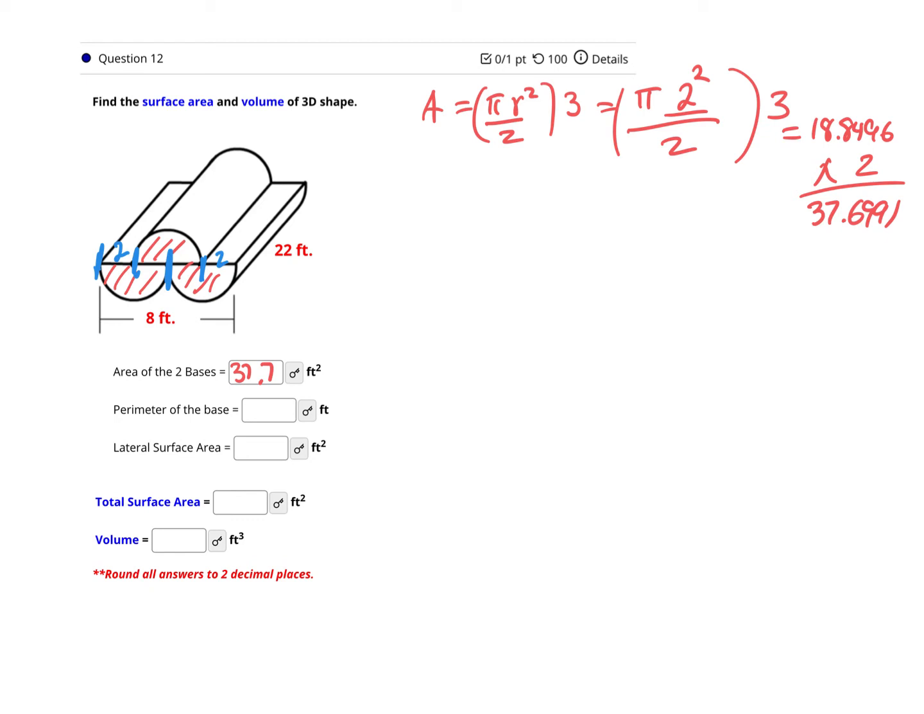Next, it's asking for the perimeter of the base. Well, the perimeter, again, part of the perimeter is 3 half circles. So to find the length of those 3 half circles, I start with the circumference. Well, circumference is just going to be 2 pi r. Again, I have half circles, and I have 3 of them. So that just means that my 2's cancel out, and I'm left with pi times my radius of 2 times 3. And when I multiply those together, that's going to give me